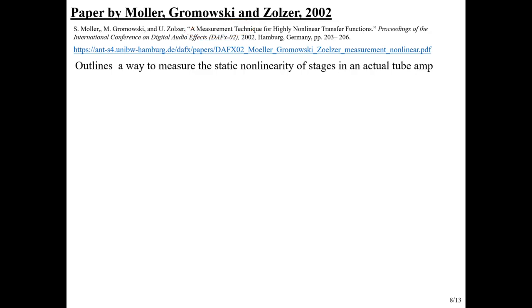And this is at a conference on digital audio effects, DAFX. That's actually the conference that gave rise to the DAFX edited book that I use for a lot of the material in this course. And so basically it outlines how to take an actual tube amp and measure the nonlinearity